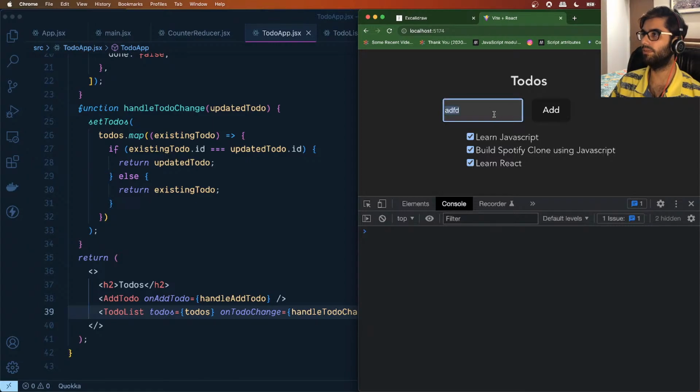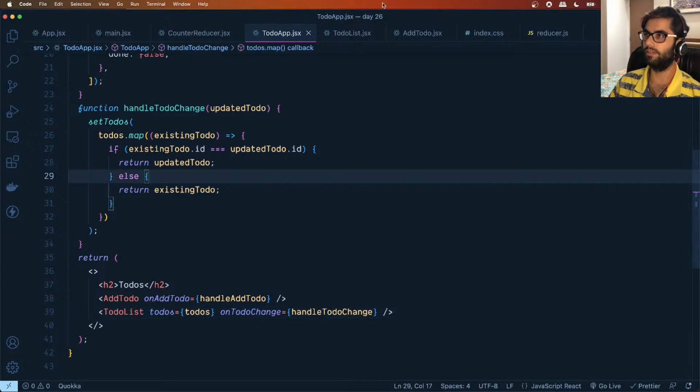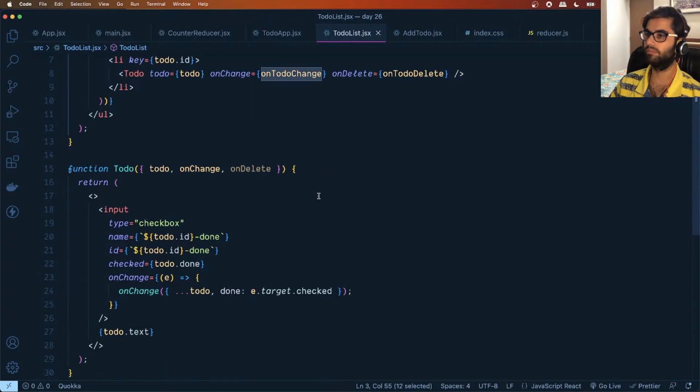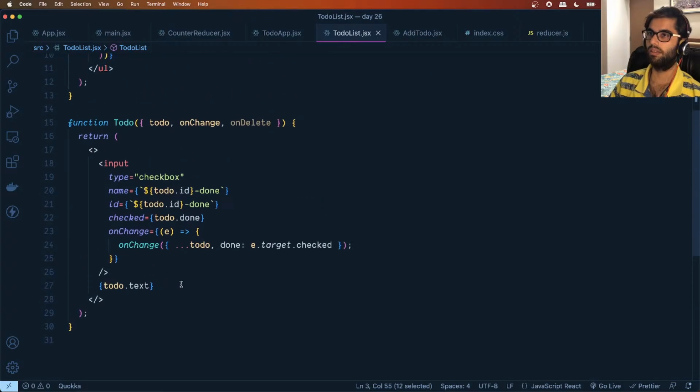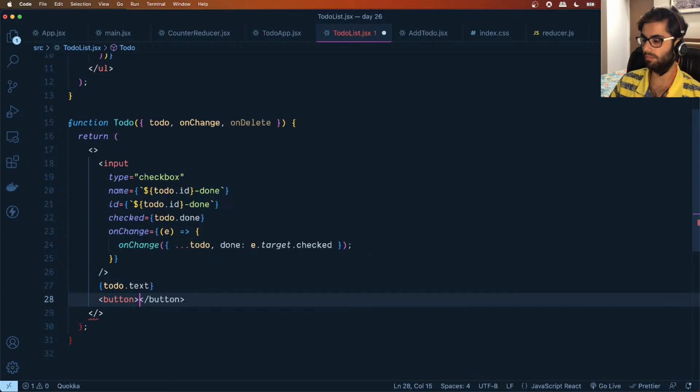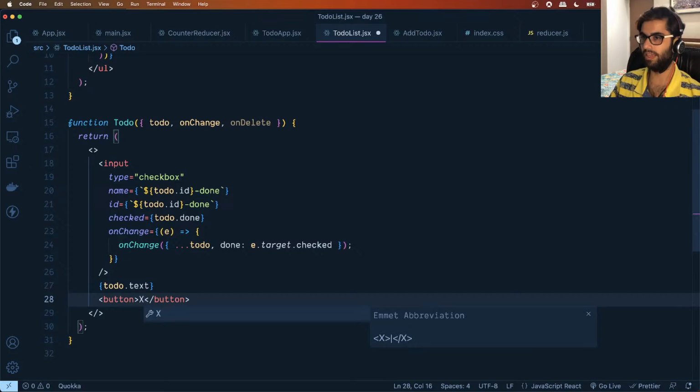Let me add a particular to do, build to do using React. And you can see it has added that, and we're no longer getting the warning as well. Okay. And similarly, let's add a delete button over here, which will delete that to do. Okay. So let's do that over here. We have the text, and then we have the button. We'll just display a cross over here,